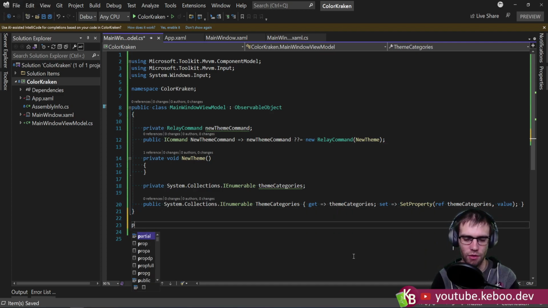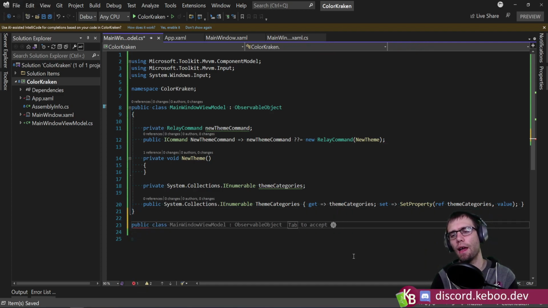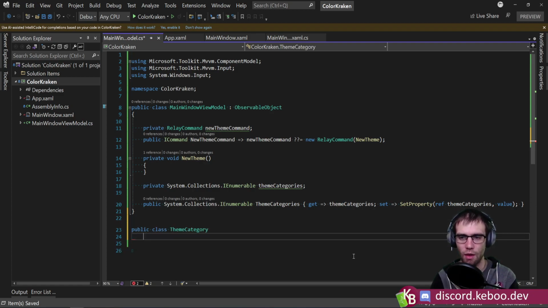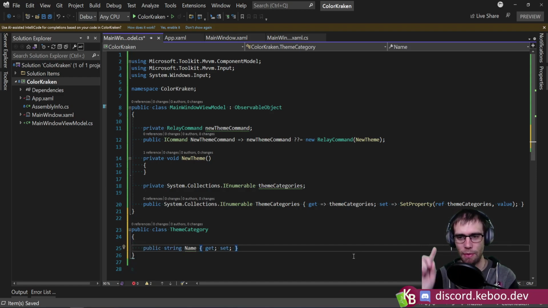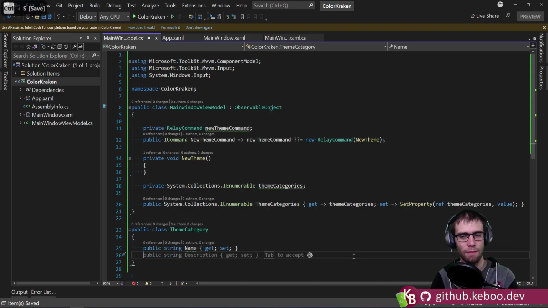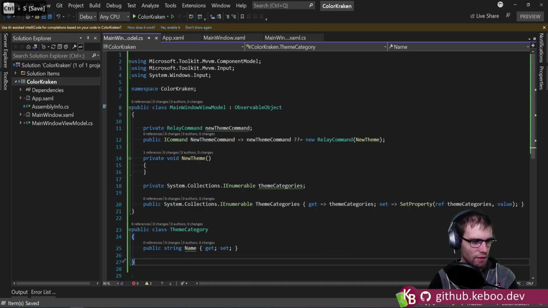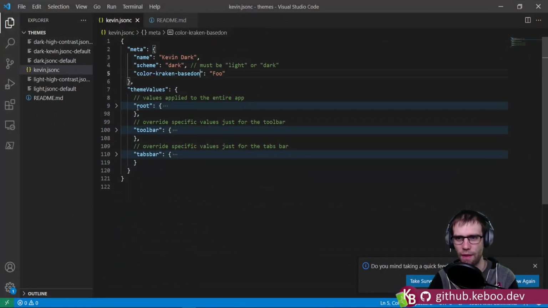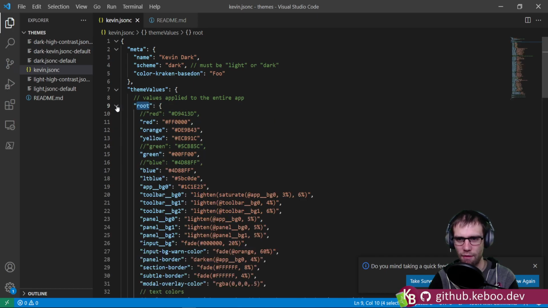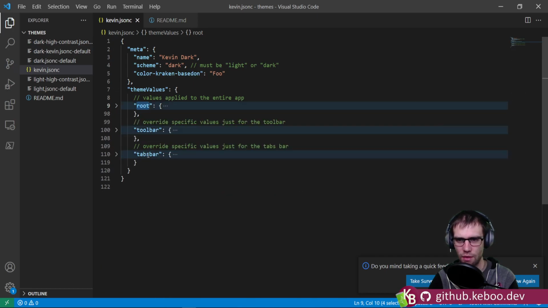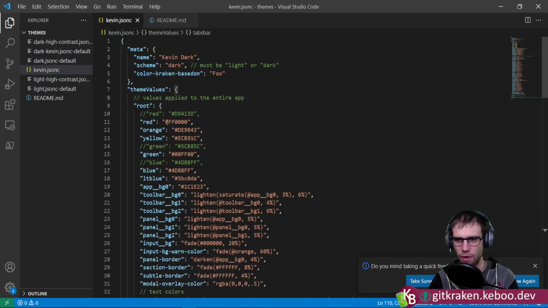Okay, so let's go with public class Theme Category. Boom. And this thing will have something like a name. That's a little creepy that it knew exactly that I wanted that. And then inside of it, there's not really much to play with beyond that, because I'm kind of thinking we'll have root, toolbar, and tabs bar. Kind of thinking that'll be those. And then inside of here, it really just needs